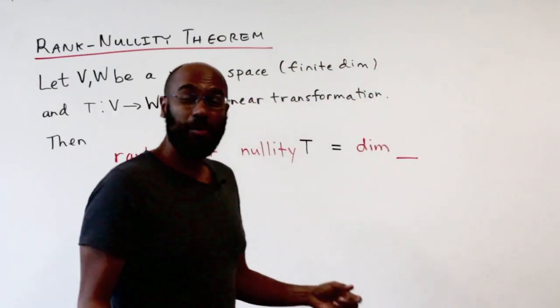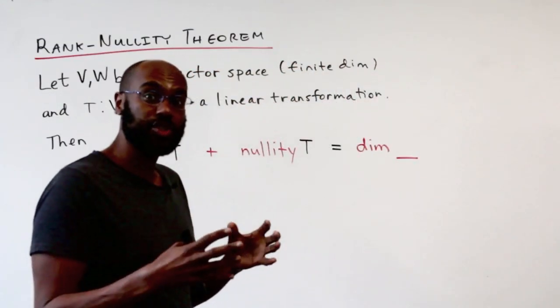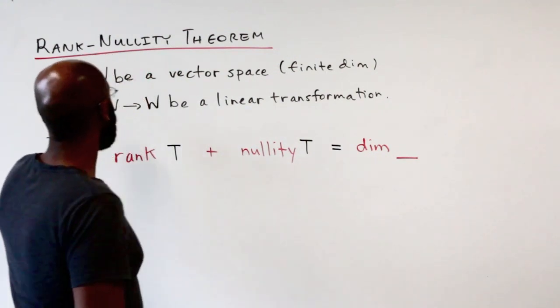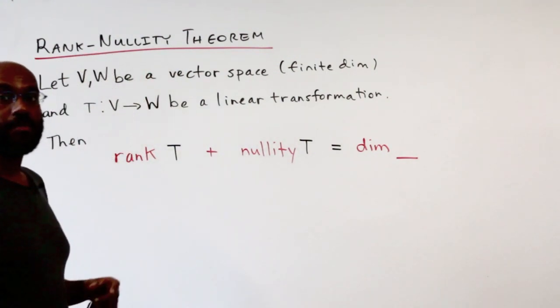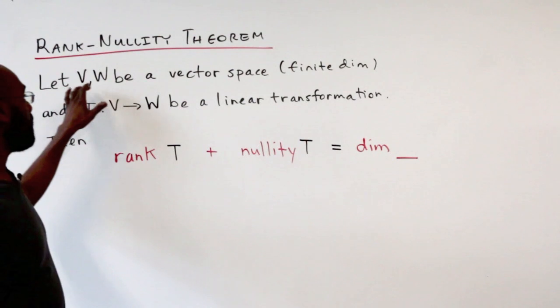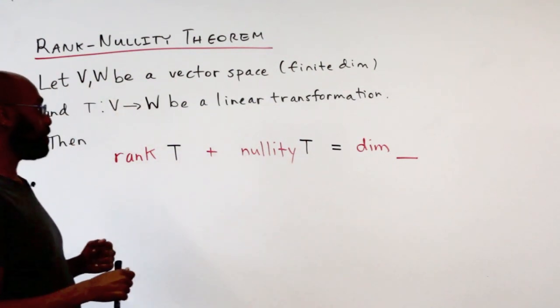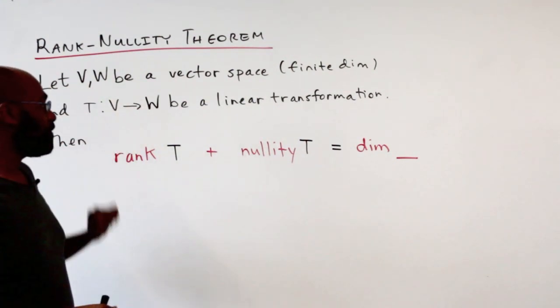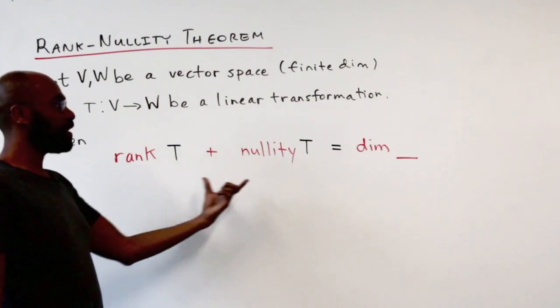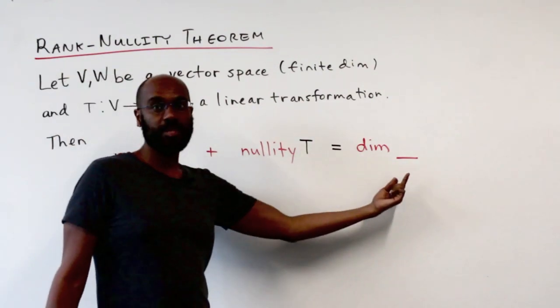In this video, I want to explain really the intuition and give a proof behind the Rank-Nullity Theorem for finite dimensional vector spaces, which states that if you have vector spaces V and W that are finite dimensional and a linear transformation T from V to W, then the rank of T plus the nullity of T is equal to the dimension of